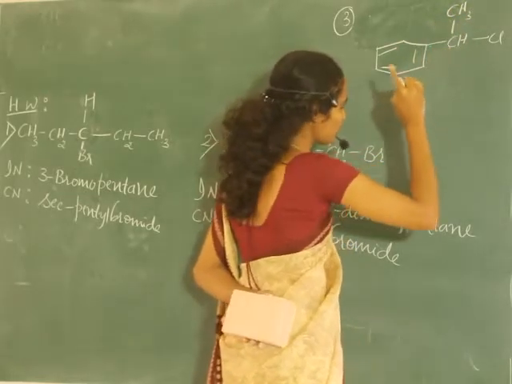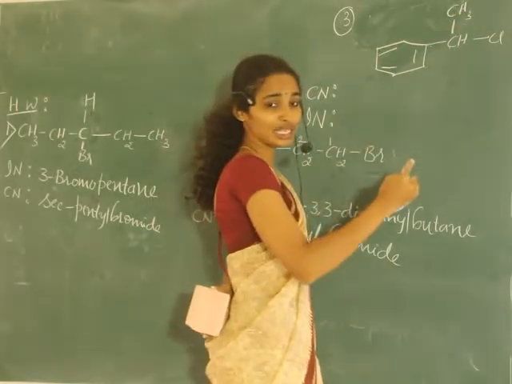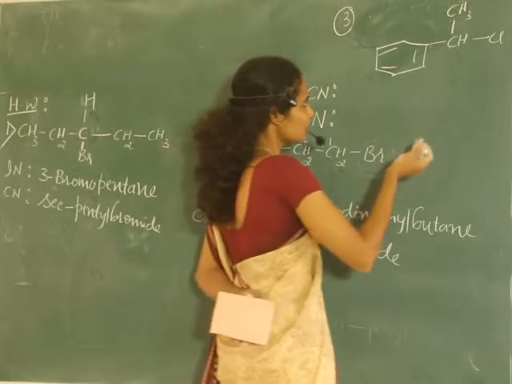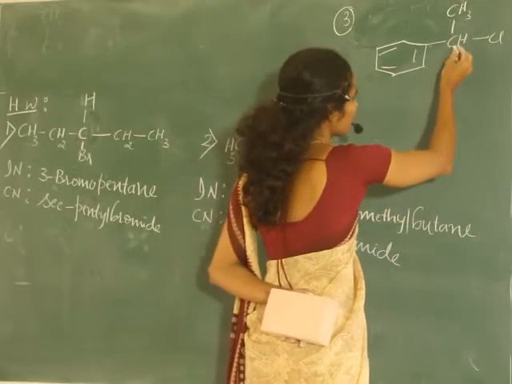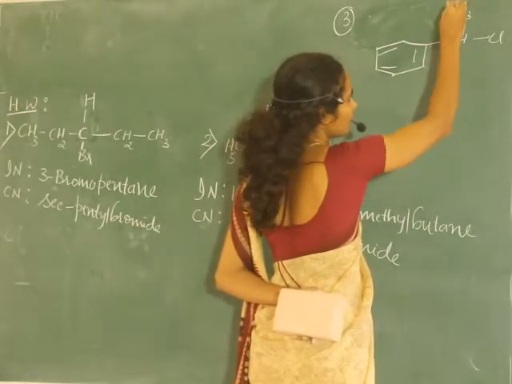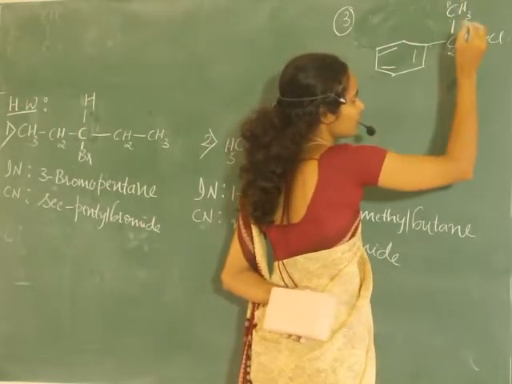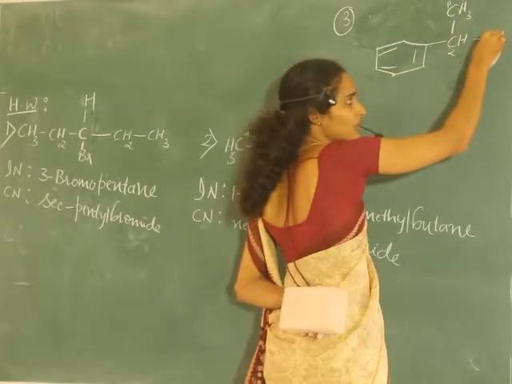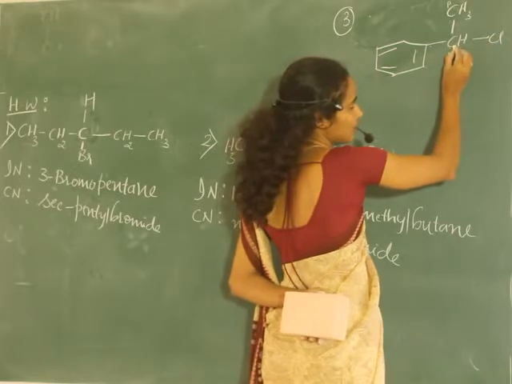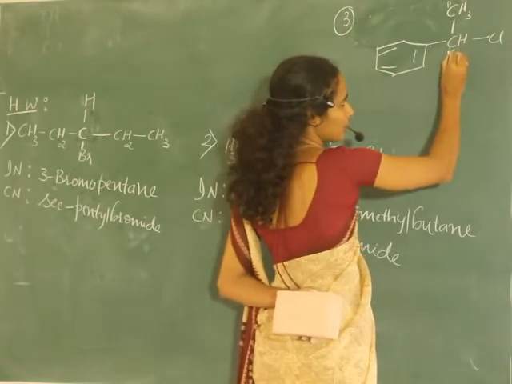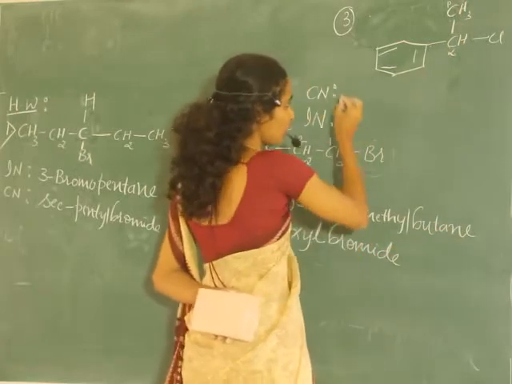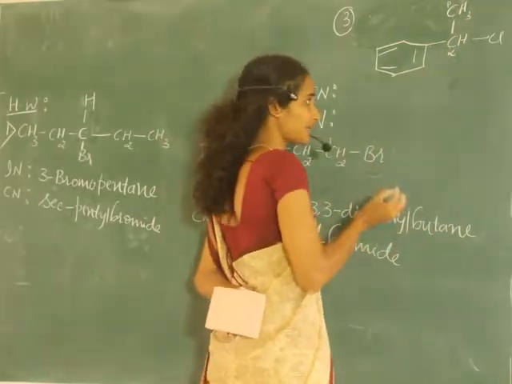In benzylic halides, in common names, we name them as benzyl halides or alkyl halides. So, the name of this compound: see here, I will consider this carbon as the alpha carbon and this as the beta carbon. This carbon is directly attached to the functional group, and I will consider this as alpha and this as beta. Now, in the common system of nomenclature, we can write it as